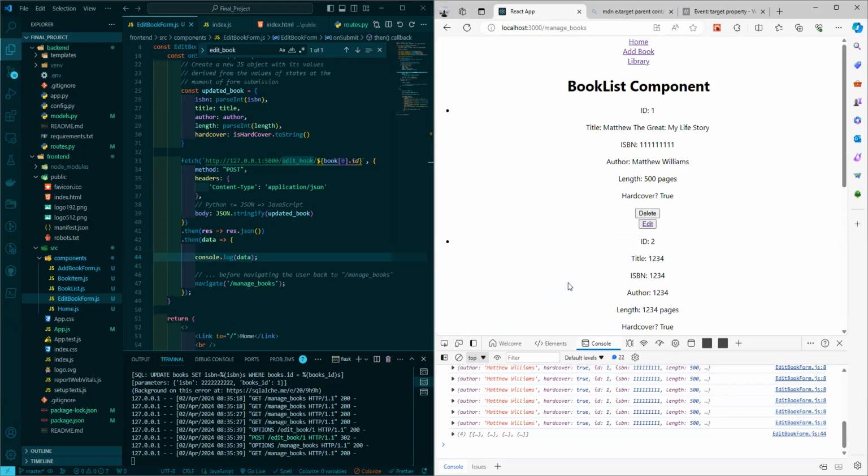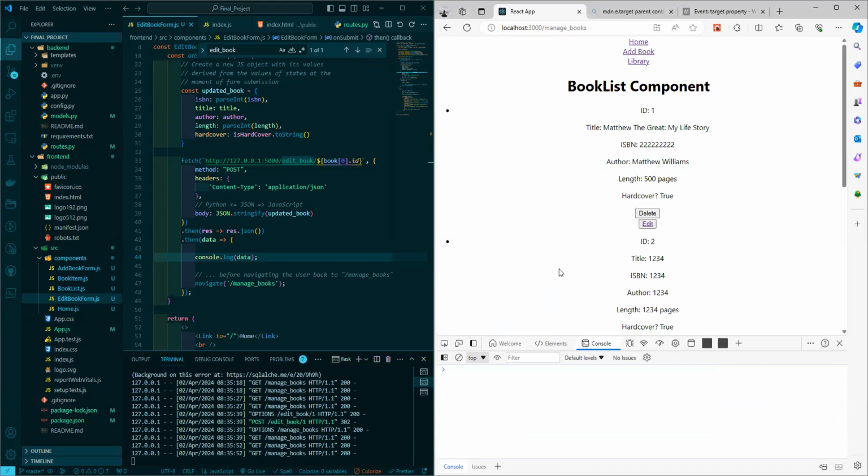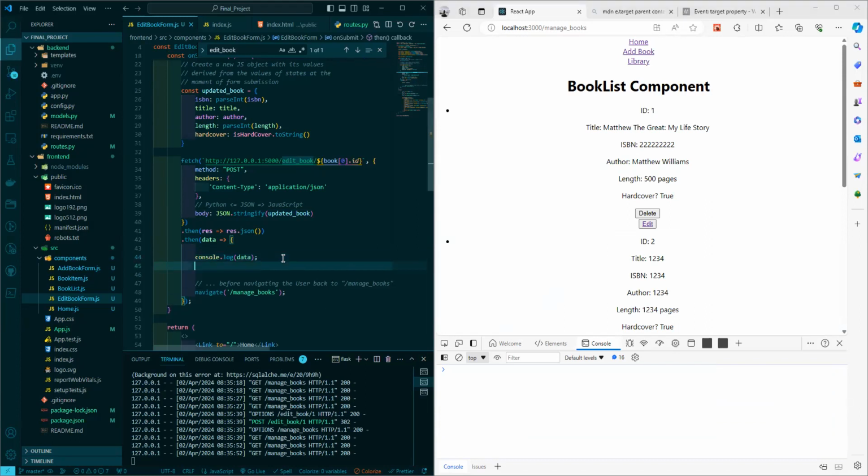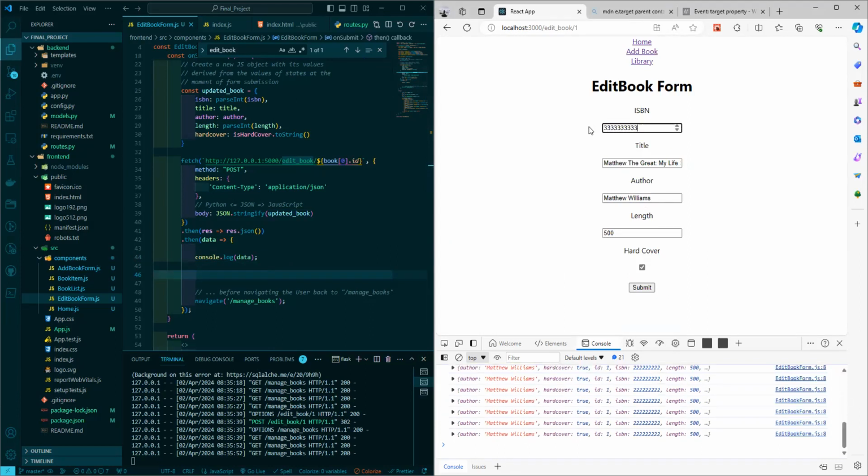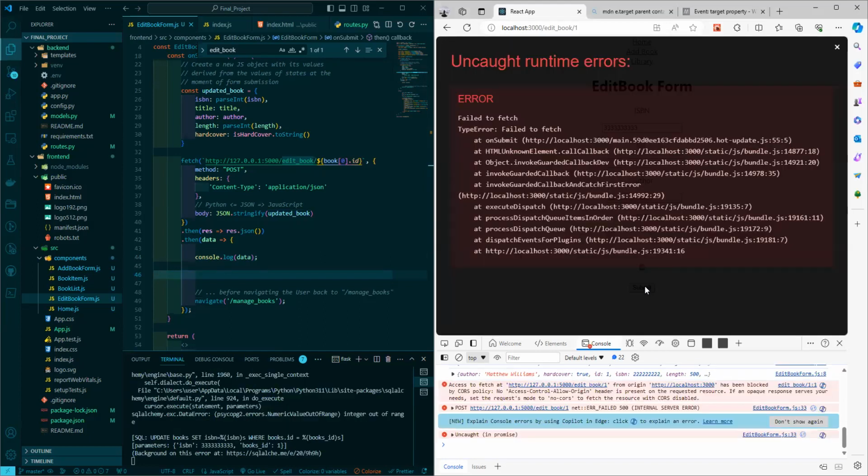So it's not showing up here again, because the state itself hasn't been refreshed. But let's go ahead over here. Let's refresh and we'll see that number now reflected. So not only do we want to go ahead and redirect them to manage books, but what we also want to do is, based on that console log of data, let's try it again one more time here. Edit. Let's do 333 for all these. If I click on submit,